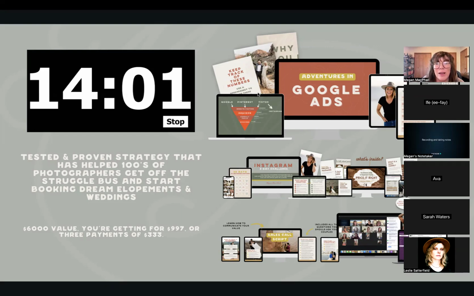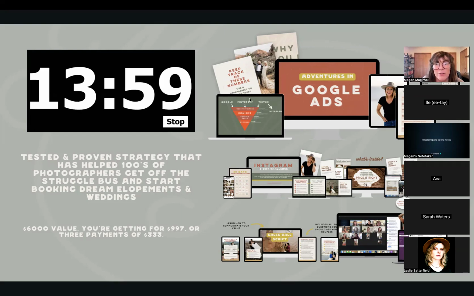Animals are incredible. How can this program work for portrait photographers? There really isn't anybody out there doing Google Ads for portrait photographers. I've been collecting data for 3 years for elopements and weddings, so I have that down to a science. It would be a little experimental for portrait photographers, but they're searching for engagement photographers, maternity, newborn.